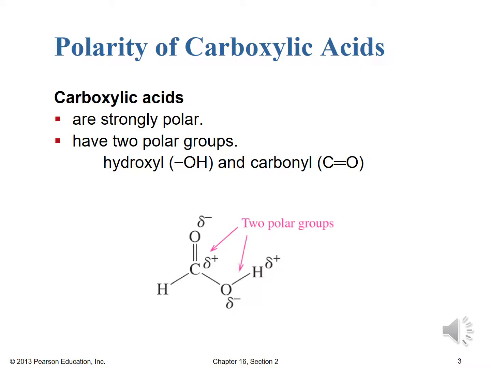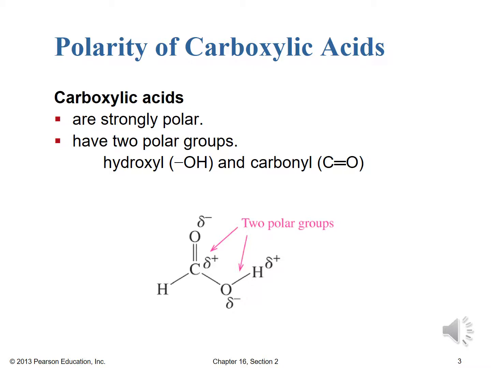Carboxylic acids are strongly polar, right? Because they have those two polar groups, the hydroxyl group and the carbonyl group. So those work together to form a very strongly polar end of a molecule. I say the end because, as we've already discussed, the carbon of the carboxylic acid has to be carbon 1 in a straight chain because it only has one way it can grow. So that's why it's a head group, and in particular it's a polar head group because it happens at the